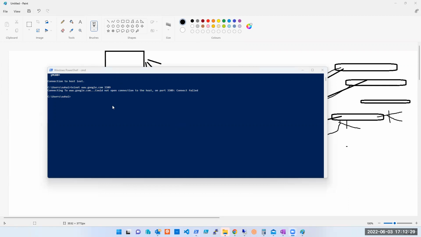Does it mean google.com down है? No, it means that I have certain level of access. किसी बस पोर्ट के थ्रू ही मुझको access है। Google's inbound 3389 is closed. Yes, it is closed, but उसमें थोड़ा सा tricky है, not for all. कुछ IPs के लिए वो ओपन होगा।